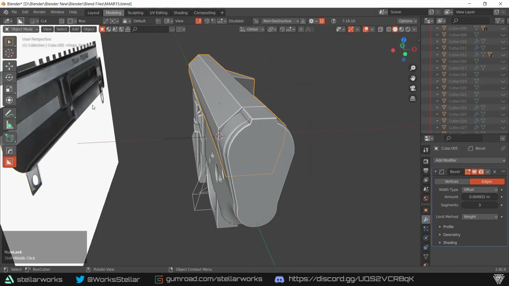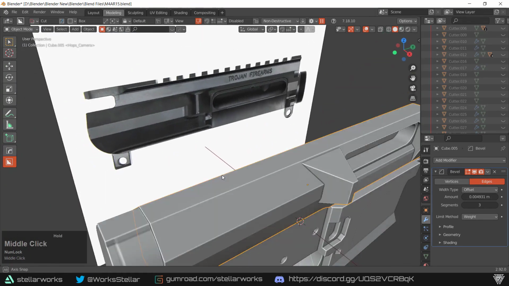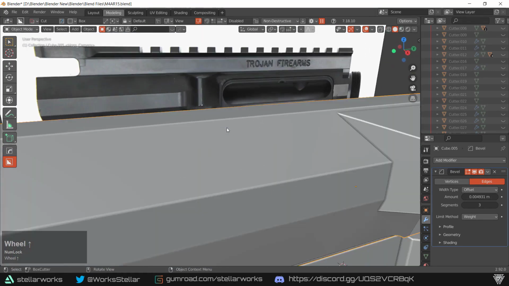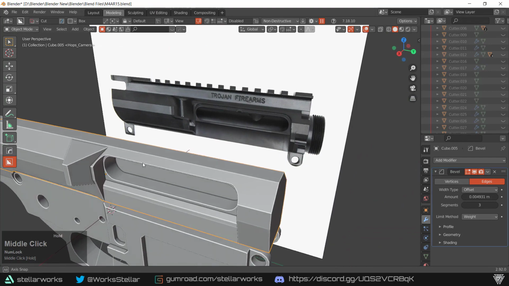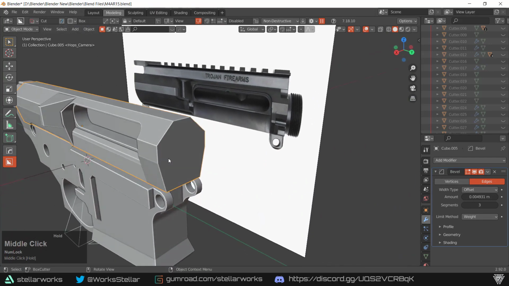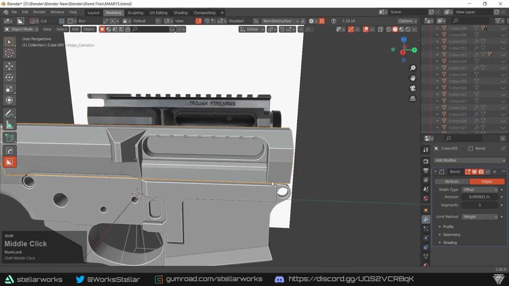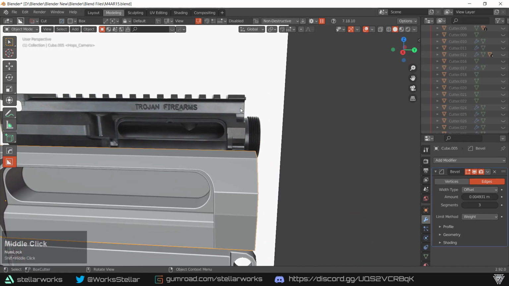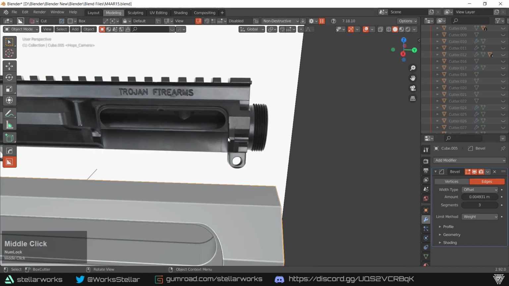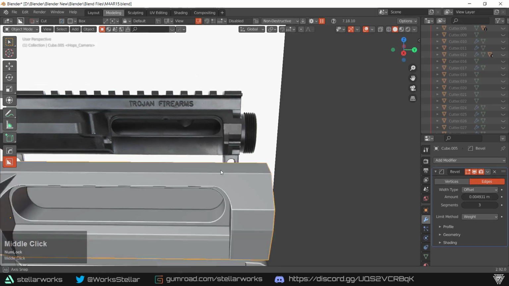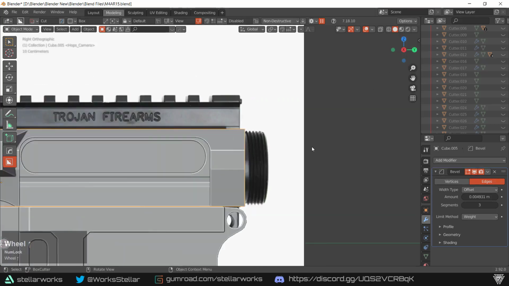Now, we don't really have a reference as far as what to do on the other side, but that's not going to be an issue. We can easily take care of that. So continuing on, we need to add a little slot for rail systems to hook into and for our dust cover little pin there. So I'm going to go look from this side,